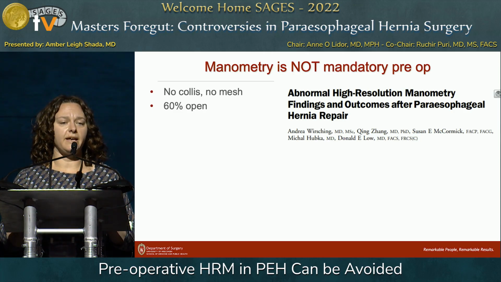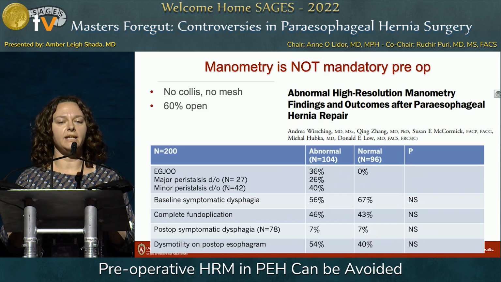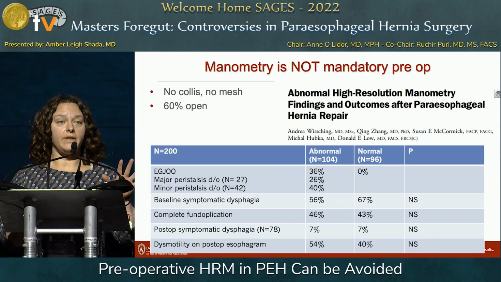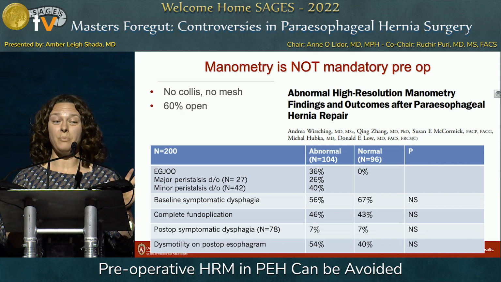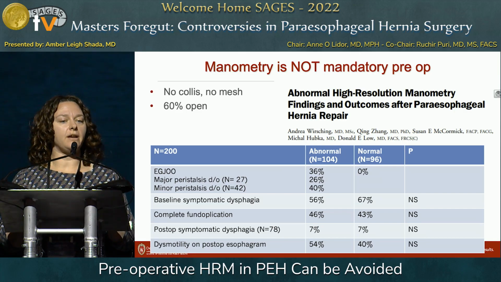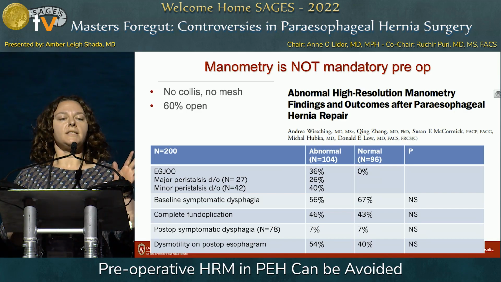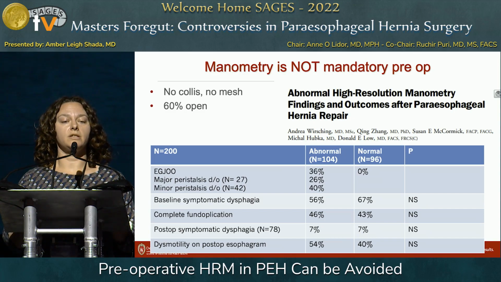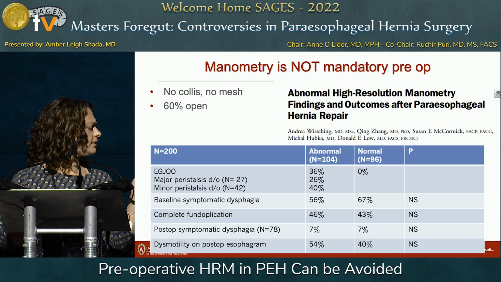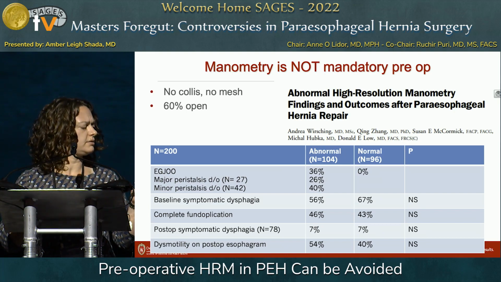This is a study by Don Lowe's group that looked at high-resolution manometry findings after repair. So 200 patients, all of them had manometry, all of them had a paraesophageal hernia repair, many of which were open. So maybe not pertinent to our own practice patterns, but a significant number of them had disorders of peristalsis. You can see them listed here. Where's my little, I don't have a pointer. Anyway,